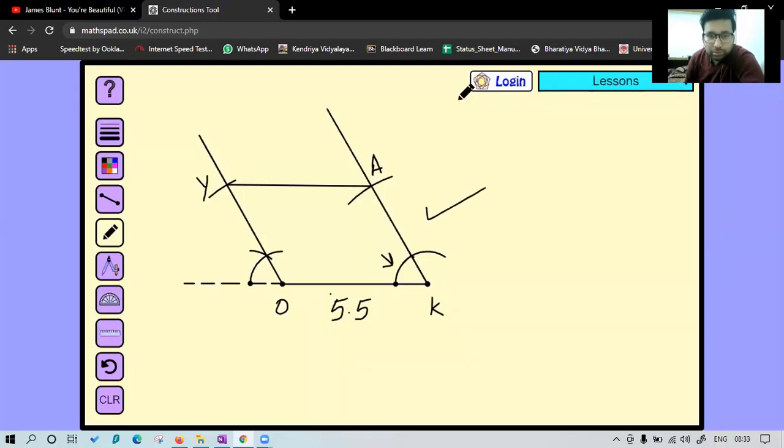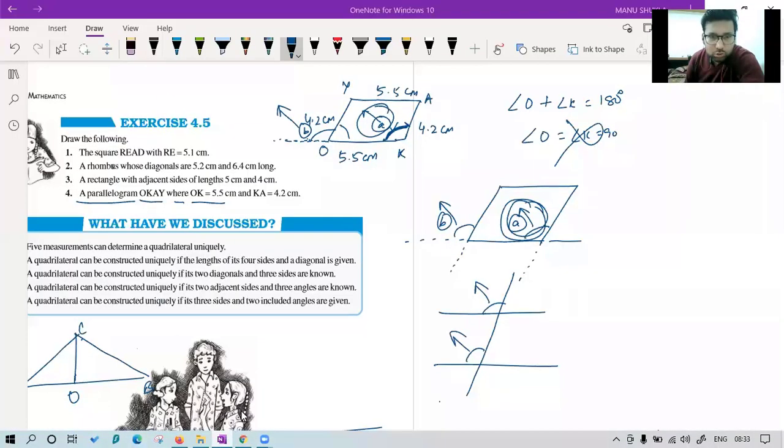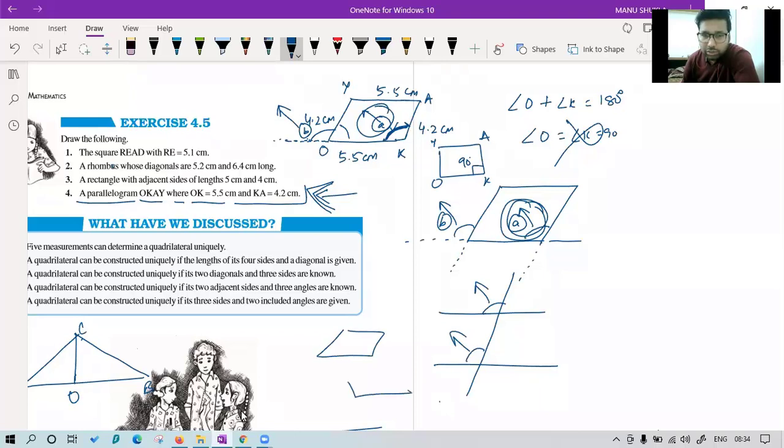So this is your parallelogram. If you wanted to draw that also, that was also fine. So you could have taken O, K, A, Y, and each angle equal to 90 degrees. This is also a parallelogram. So the trick in this question was you were not given any angle, so you had to take it from your side to draw this particular parallelogram. Okay, so you can find there are many possible solutions for this question, because a parallelogram can look like this also, it can look like this also, it can look like this also. So whatever way you want, you can make this one. So let me stop the recording.